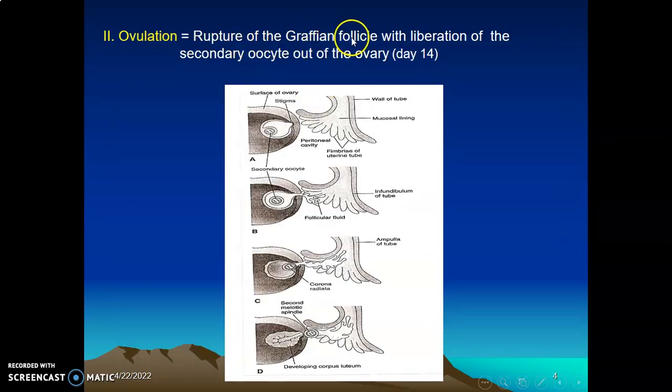Ovulation is where the mature Graafian follicle releases the secondary oocyte out of the ovary. You can see the mature Graafian follicle comes into contact with the surface of the ovary. It forms what we call a stigma, where the blood supply diminishes, and under the influence of enzymes such as matrix metalloproteinases, that part of the ovary disintegrates, causing ovulation, the release of the ovum. The ovum will be picked up by the fimbriae of the infundibulum of the fallopian tube. Once ovulation occurs, you have completed your first meiotic